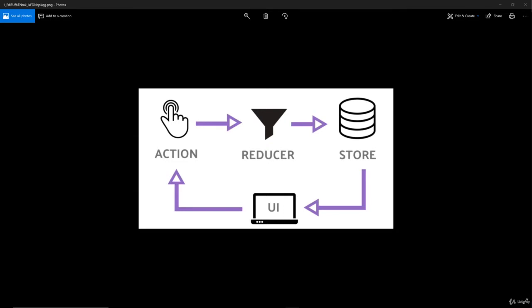All right, guys, so before we get started, let's talk a little bit about what Redux actually is. Now, if any of you have watched any other courses or you watch my YouTube channel, you probably know I'm more of a hands-on type of instructor where I like to explain things through the code rather than using diagrams or talking all sorts of theory and stuff like that. I prefer to learn that way, and I also prefer to teach that way. But I will talk a little bit about what Redux is before we actually jump in and start coding and